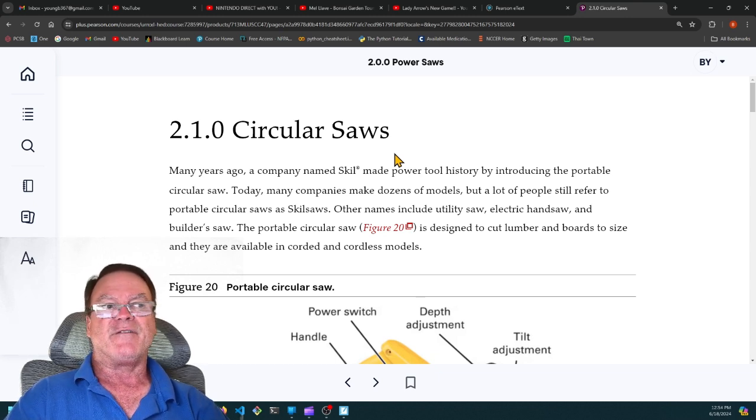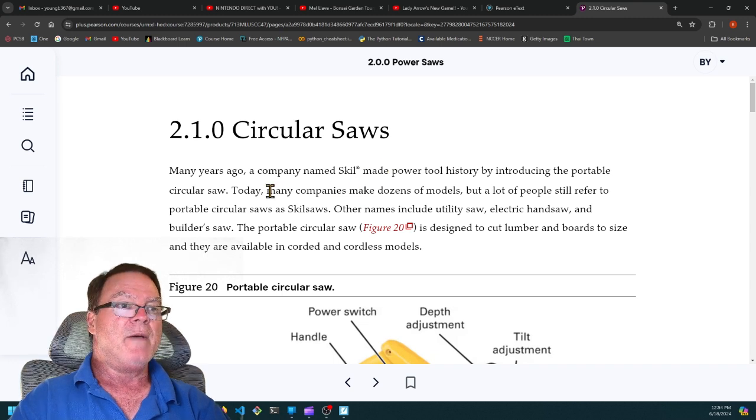Now, many manufacturers make circular saws. Some people will still call them generically skill saws. Many years ago, a company named Skill made power tool history by introducing the portable circular saw. Today, many companies make dozens of models, but a lot of people still refer to portable circular saws as skill saws. Other names include utility saw, electric hand saw, and builder's saw. The portable circular saw is designed to cut lumber and boards to size, and they are available in corded and